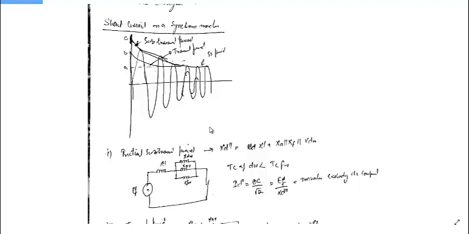All the machines you know are constant flux machines. It is because